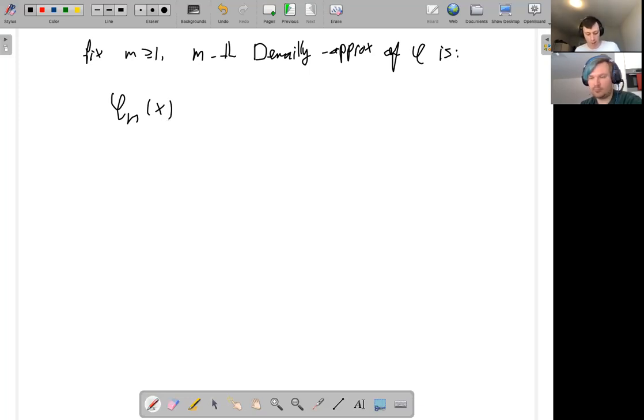So it's, again, phi is a function from x to, right, like before. So this is an m. And this is defined to be